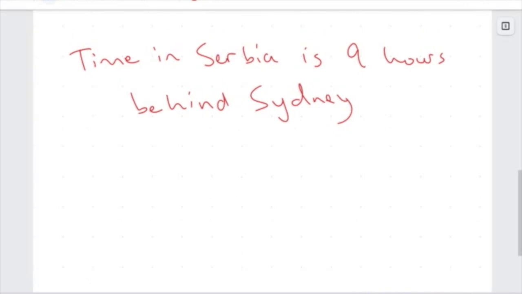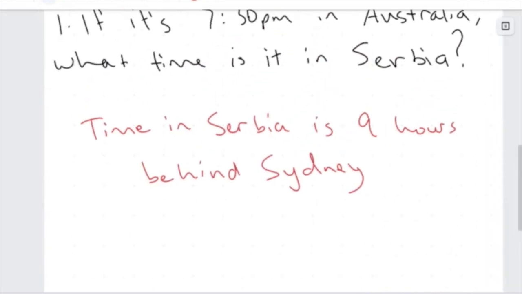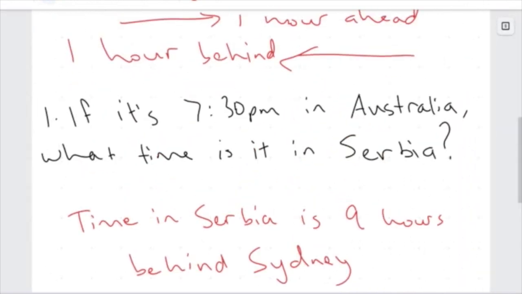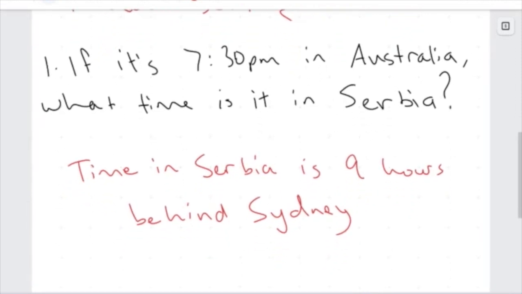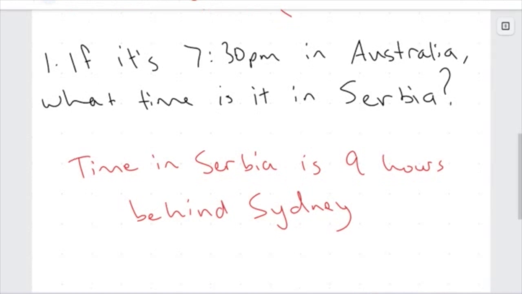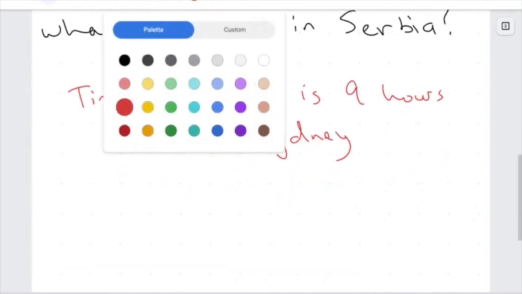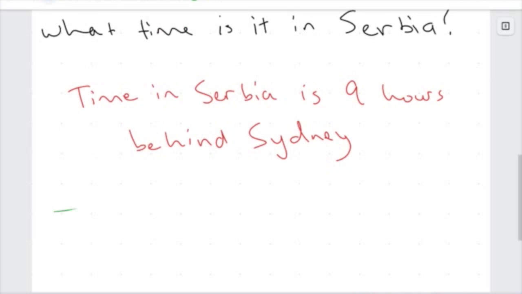So I want to find this time. I'm going to take my current time in Australia, and if the time in Serbia is 9 hours behind, I'm going to take 7:30 p.m. and minus